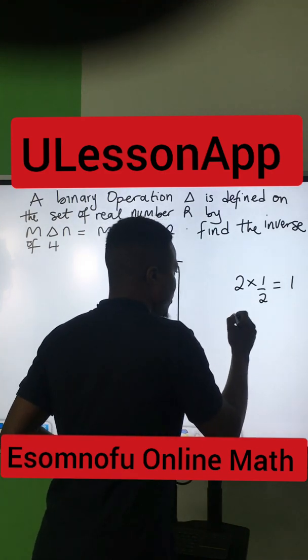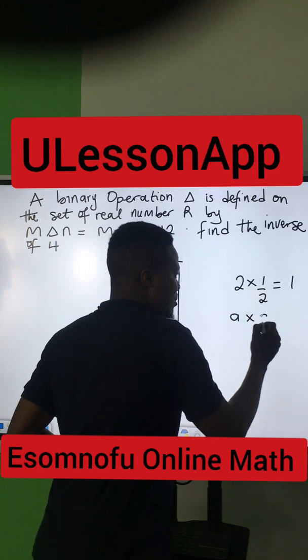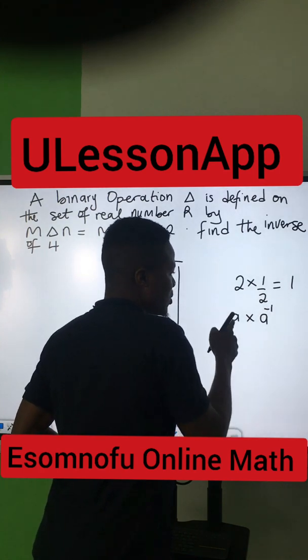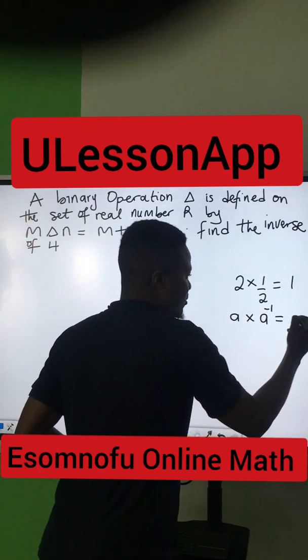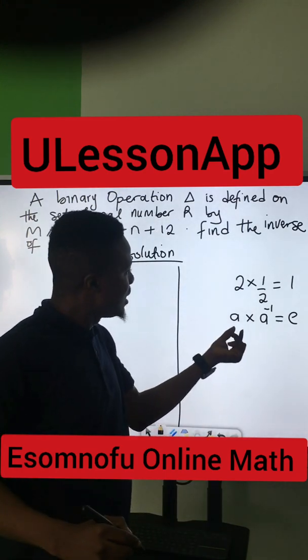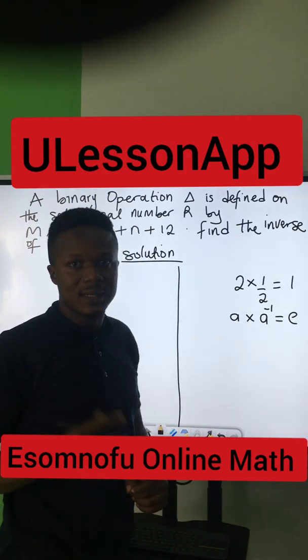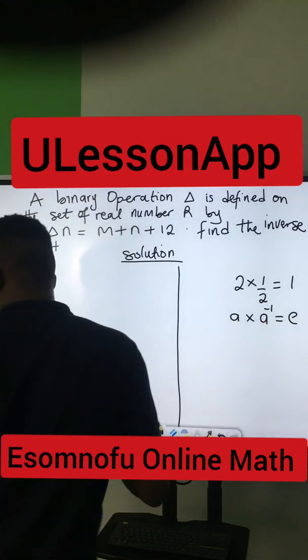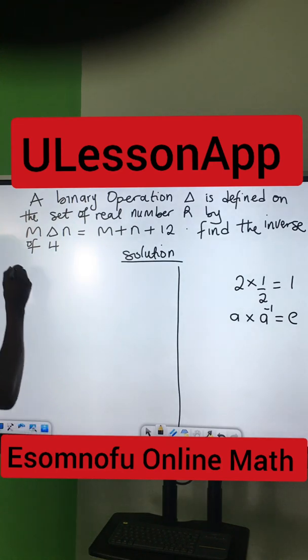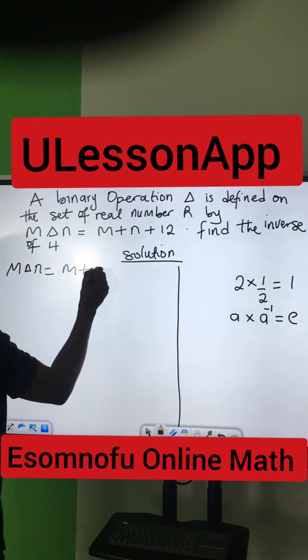Therefore, if this 2 is represented with A, then 1 over 2 will be A inverse, because A multiplied by A inverse will give us the identity element. This is what you need to understand here: A operated with A inverse will always give us the identity element. Now coming here, you will notice that the operation is M triangle N is equal to M plus N